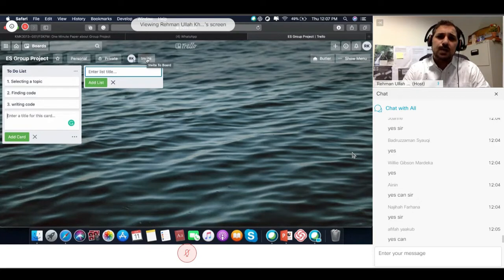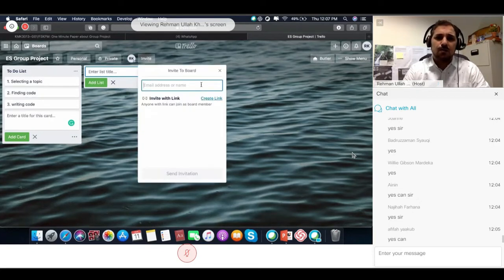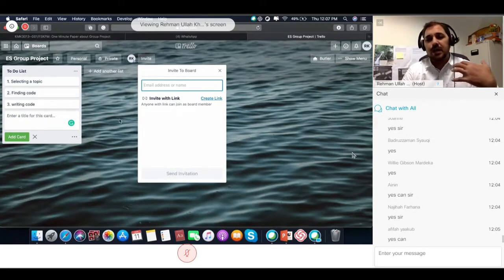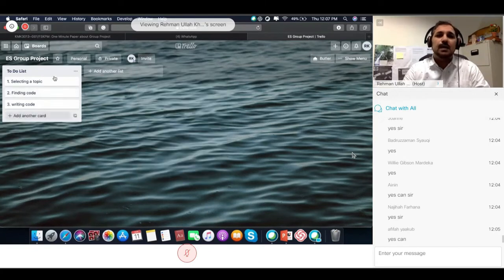When you click this one, you just type your group member's email address and then click send invitation. Then all of the group members will have to sign in, and once they sign in using the invitation, they will be directly redirected to the same page. So every one of you will see the same thing,